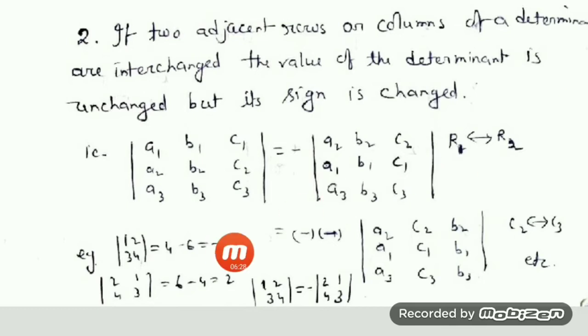Okay, then let us verify it. Taking the simple 2 by 2 example, I am verifying this result. 1, 2, 3, 4, find out the value. 4 minus 6, that is minus 2. Then I have just interchanged the first column with second, column 1 and column 2. Column 1 is 1, 3, it takes the position of column 2, and column 2 is 2, 4, it takes the position of the first column. Then verify 2 3s are 6, minus 4, that is equal to 2. You see the original value is minus 2, new value is 2. So we can write down like this, determinant 1, 2, 3, 4 is equal to what? Negative of determinant 2, 1, 4, 3. So this is the verification of the second property.